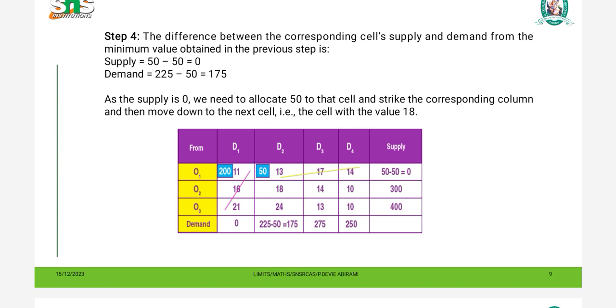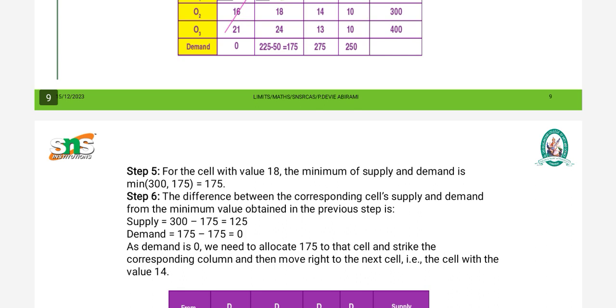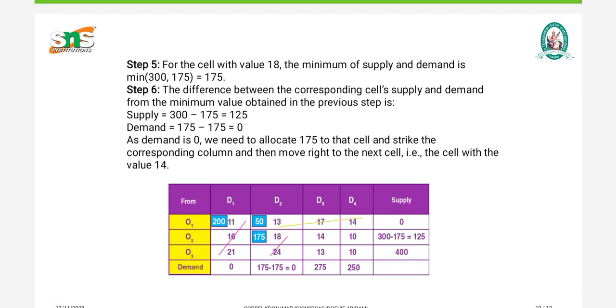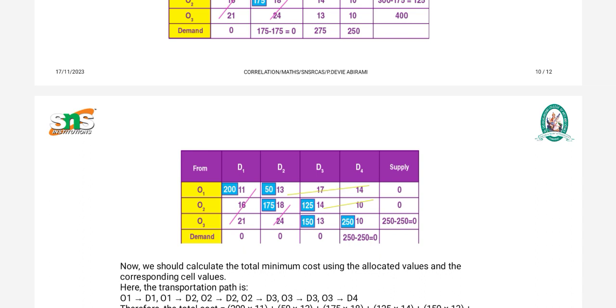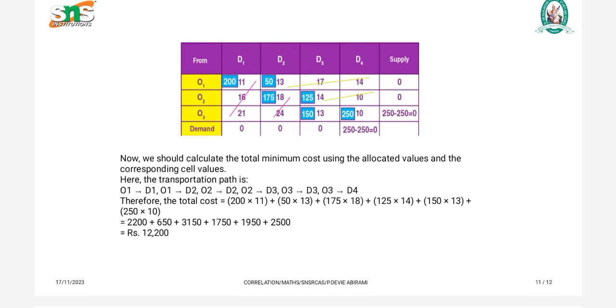Again consider the supply and demand, and allocate whichever is the minimum. Here the minimum value is 50, so we allocate 50. Then subtract and carry the remaining values forward in the rows and columns. We repeat the procedure until the rows and columns are all cancelled, and finally we get only one cell, in which supply and demand should be balanced. Like that we have allocated all the rows and columns based on the minimum value of the supply and demand, and finally we will get the transportation